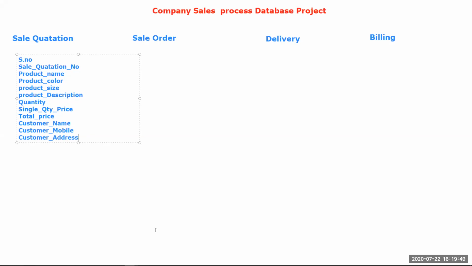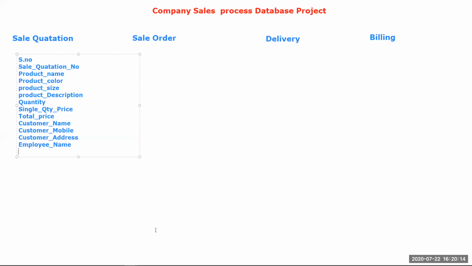Okay, so you need to give these details from customers. Then here you have to give your employee name, for who is going to create that quotation. You have to give the employee name for quotation creation purpose, right?